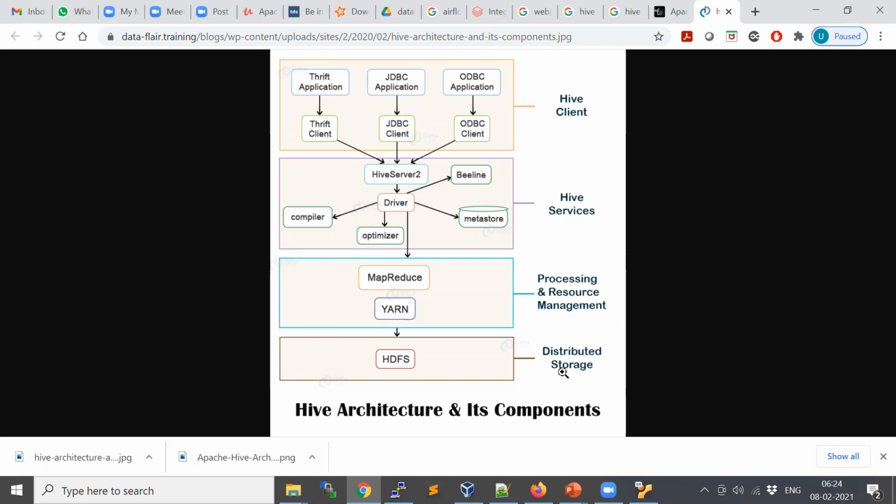The same thing can be done using Hive queries, so that you can make use of that resource and improve productivity. That is one aspect. The other aspect is, if you have structured data, why do you want to process it using